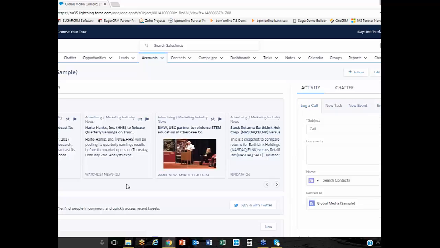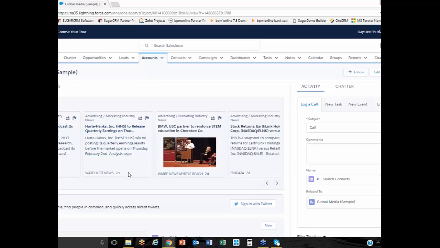Okay. Very nice feature here to the left of the screen is going to be the news feed. So this integration is searching the news wires for updates about that account, giving you that information. Here you can see an account that's pulled up. It may not be relevant. That's the thing about it. It's looking for Global Media out there on the wires, and we can see this is an article from about 6 days ago. We have another article up here from about 2 days ago.